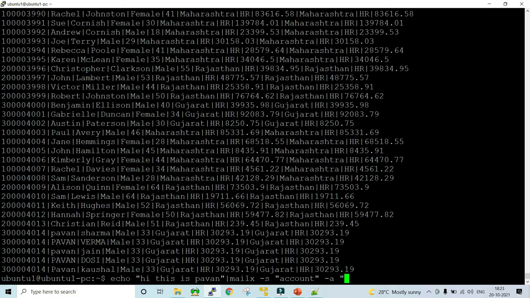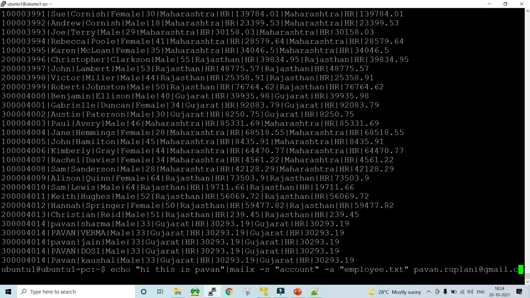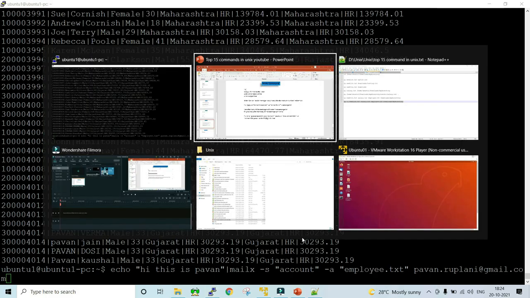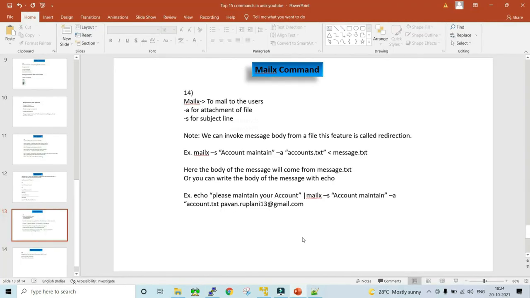I want to send the employee.txt file. Then you just specify your mail ID. You can give your mail ID over here. And if you press enter, and you have a mail server attached to your Unix system, then the file will be sent to your mail ID. This is how you can send a mail from a Unix system.